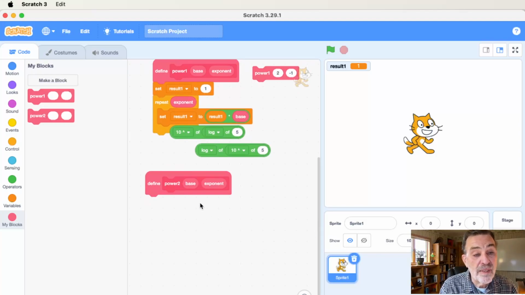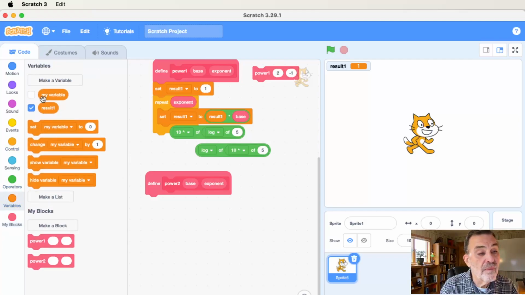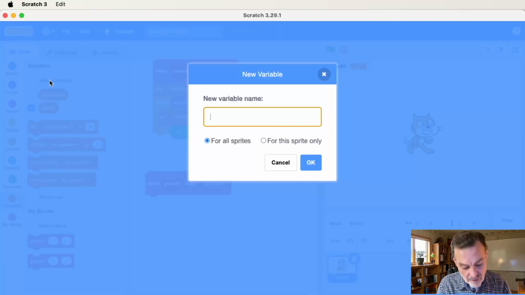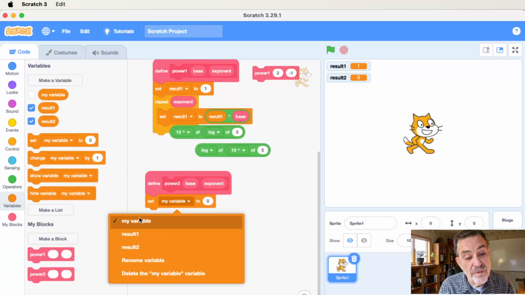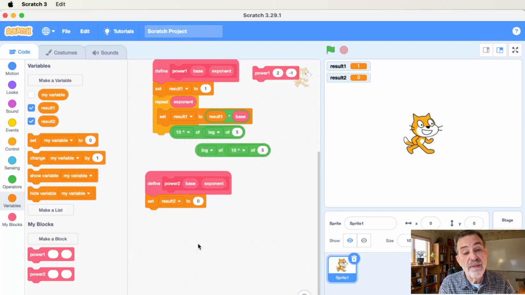So we'll take another approach to this. So what I'm going to do is take to get the power, what I want to take the power of, it will be the log of, so I'll make it a variable, another one, result 2. And set result 2 to be